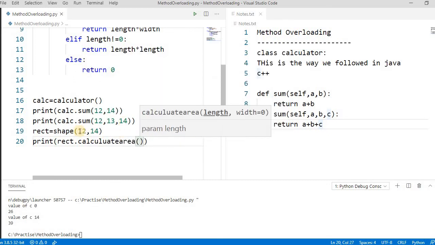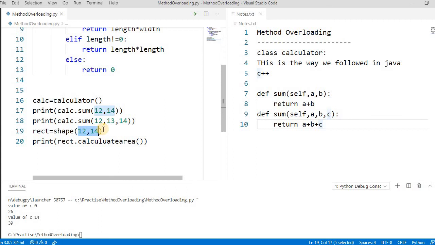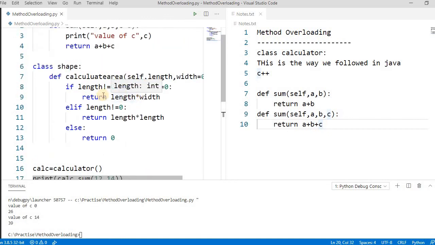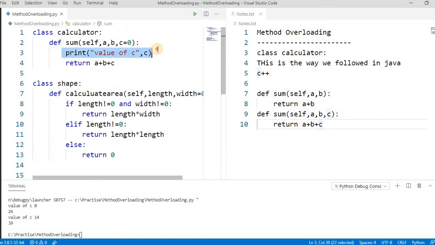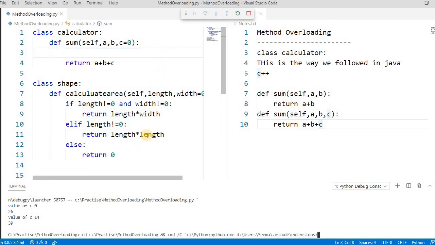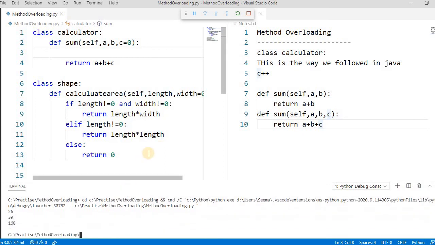Sorry, we have not passed the values here because we have not called the init function, that is the constructor. Let's run this first. If you run this, it will simply give you 168.